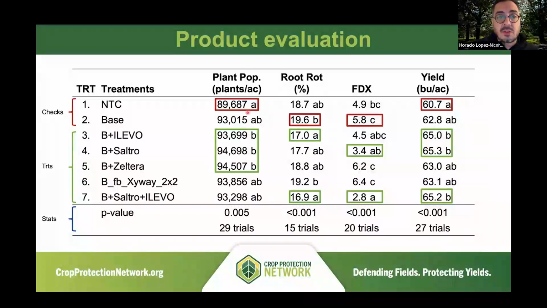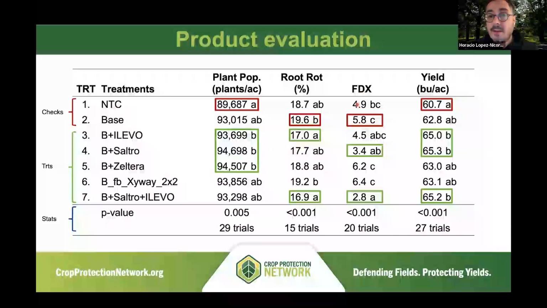So we see that when we're treating our seeds, we are seeing a difference when we compare to the check. We want to see less root rot, right? When we protect our seeds, we don't want to see that root system rotted. So we're seeing here a significant difference compared to the base when we are treating our seeds with this effective